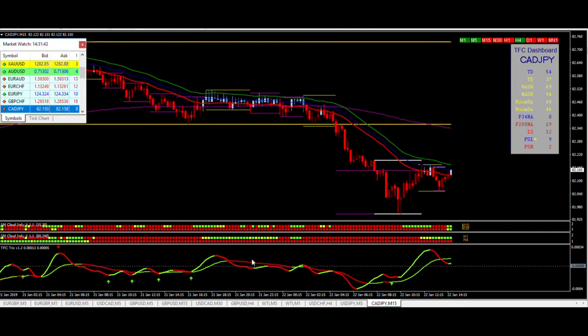You can see that the Trix is gradually going lower and lower, and both Trixes are red and going below zero. So what we're doing is we're waiting to see if yesterday's low gets broken, and it does. It gets broken and retested here. So I'm looking for a short, and as you can see, anywhere here,